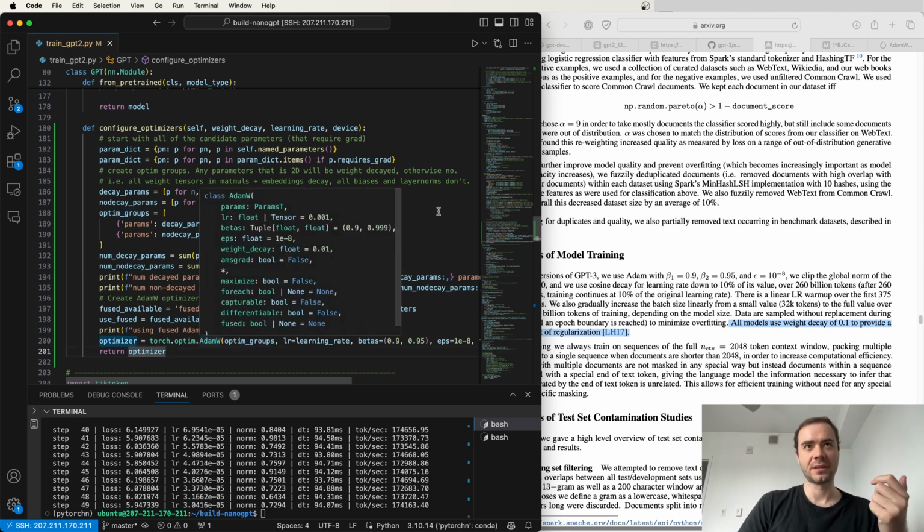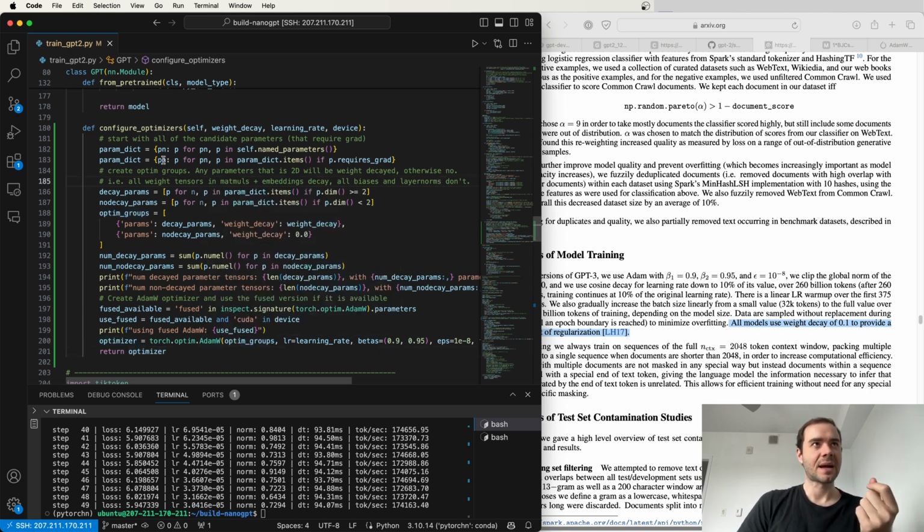Now, what else is going on in this function? The important thing is that I'm splitting the parameters into those that should be weight decayed and those that should not. It is common to not weight decay biases and any other one-dimensional tensors. The one-dimensional tensors are in the no-decay params, and these are also things like layer norm scales and biases. It doesn't really make sense to weight decay those. You mostly want to weight decay the weights that participate in matrix multiplications,